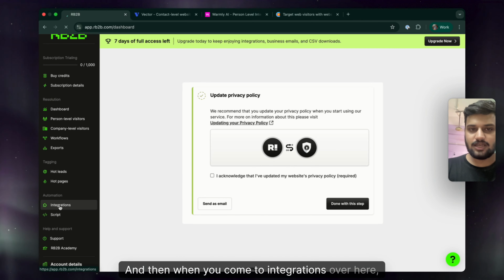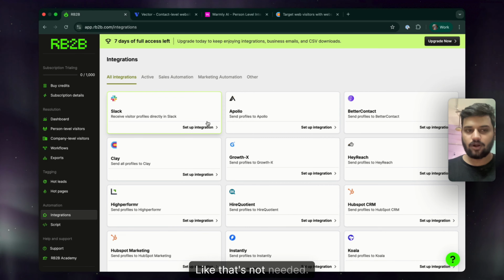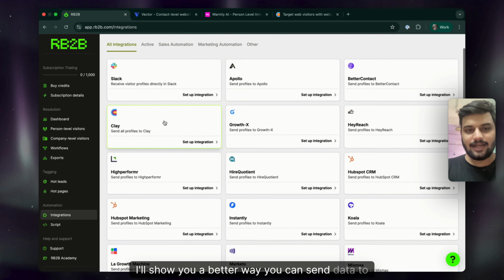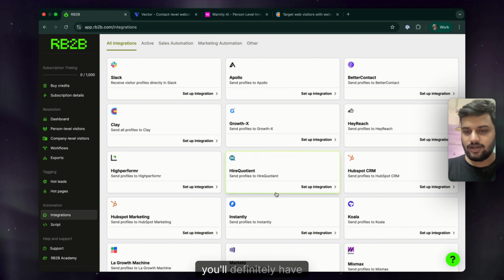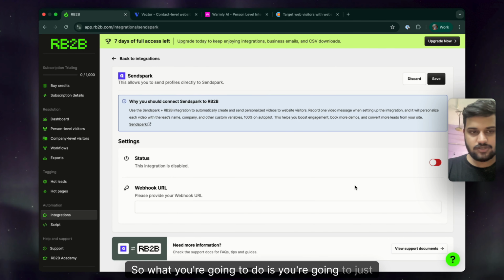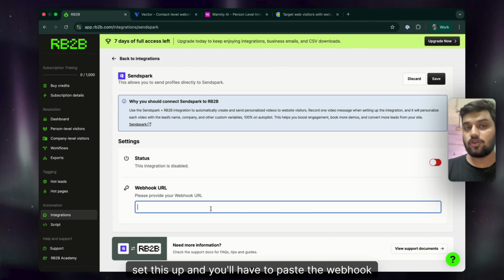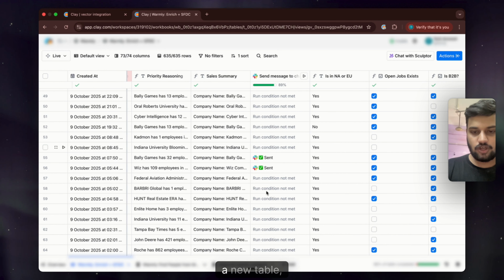And then when you come to integrations over here, you'll see Slack. Do not do that. That's not needed. I'll show you a better way. You can send data to Clay. If you do not have this Clay option in some other tool, you'll definitely have an option to send a webhook. So what you're going to do is set this up and paste the webhook URL. So you'll go to Clay, and then whenever you create a new table,